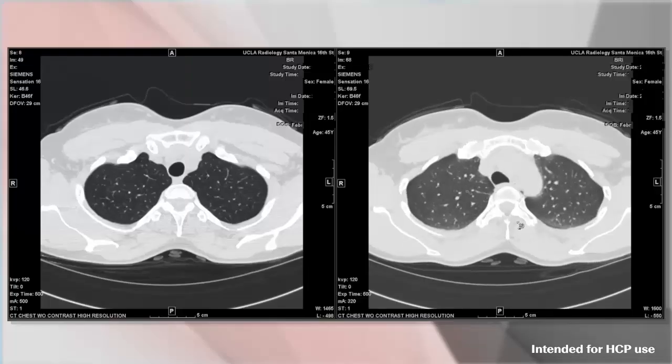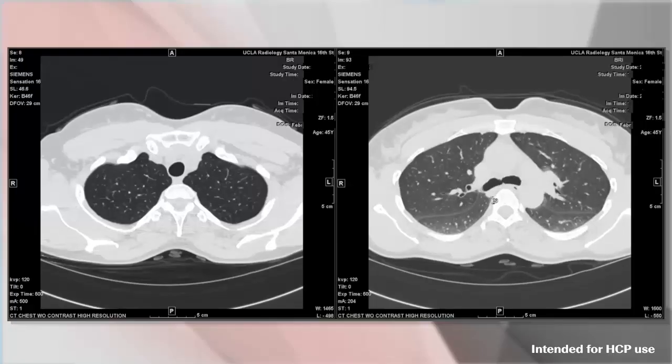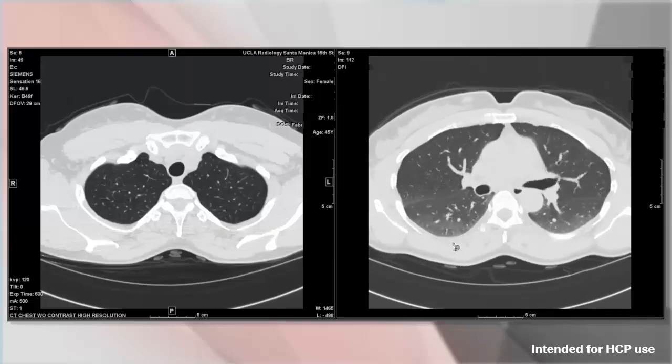So I'm going to scroll down a little bit more inferiorly. Just to orient you, we're at the level of the right and left mainstem bronchi. If we look at the lung parenchyma, you can see that it has this grayness through it. And just like the posterior wall of the trachea was a bit bowed or concave, the back walls of the mainstem bronchi, as well as the larger bronchi more inferiorly, will also demonstrate the same appearance. Now, let's go a little bit lower.